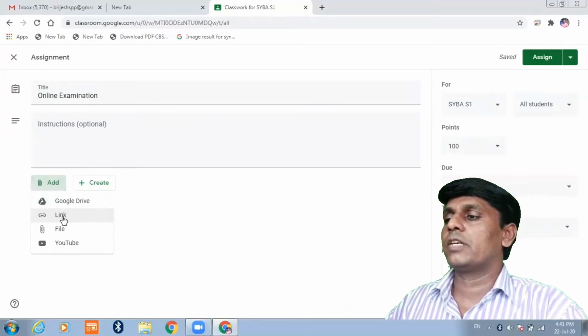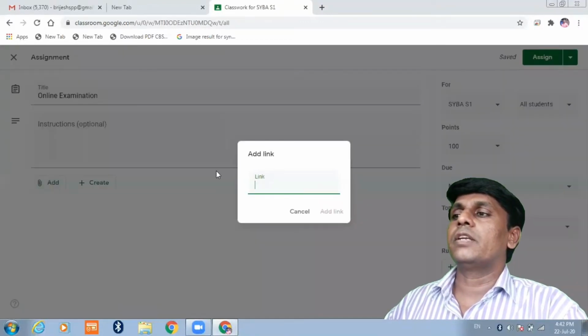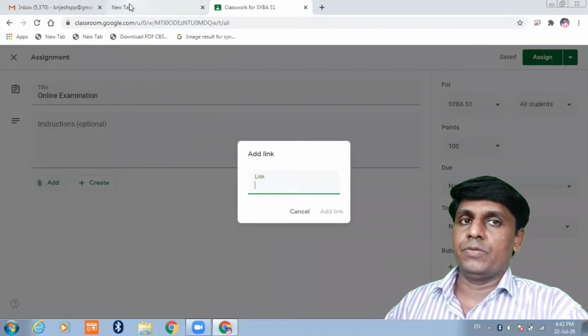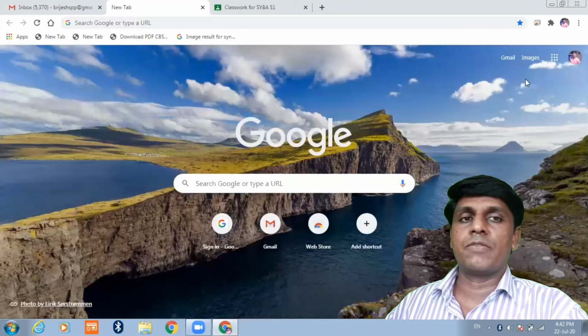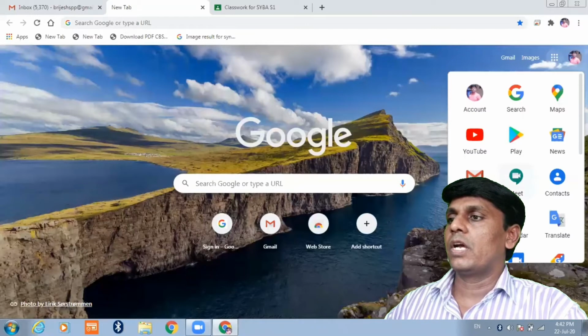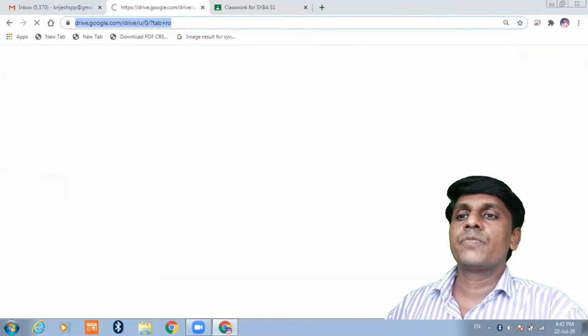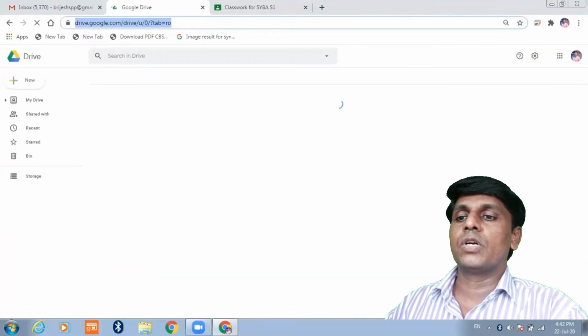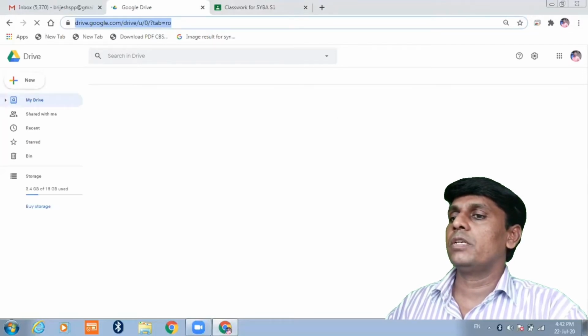For example, click on the link and then go to your Google Drive. Your Google Form is saved in your Google Drive. I will go to my Google Drive. This is my Google Drive. I will open it.